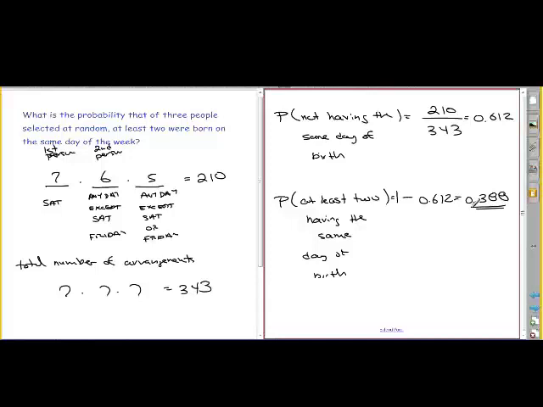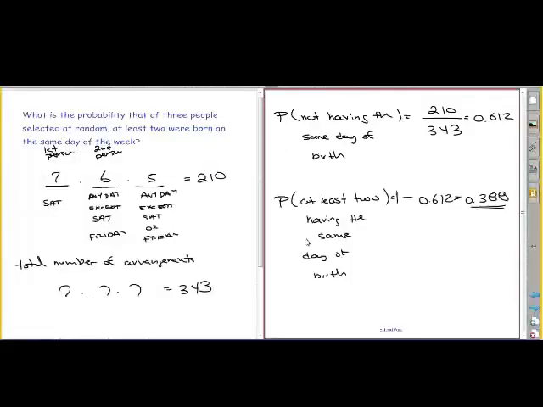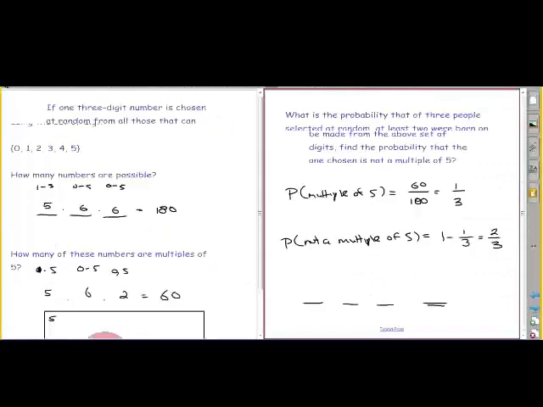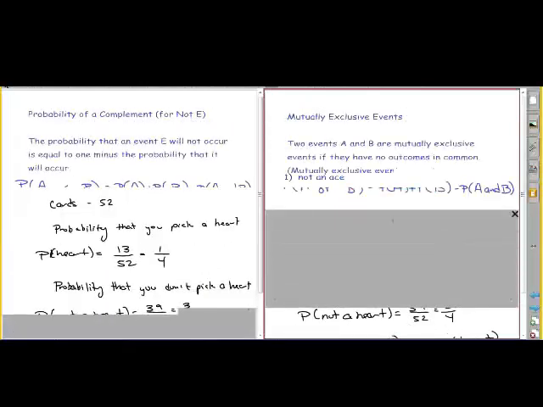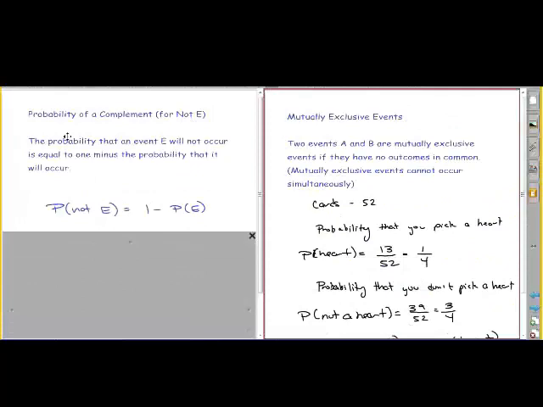If you take the difference, there are 133 different cases where that is. It's a lot easier to do it the way we did it, using the fundamental counting principle. And what did they call this? I always forget. It's called the probability of a complement,